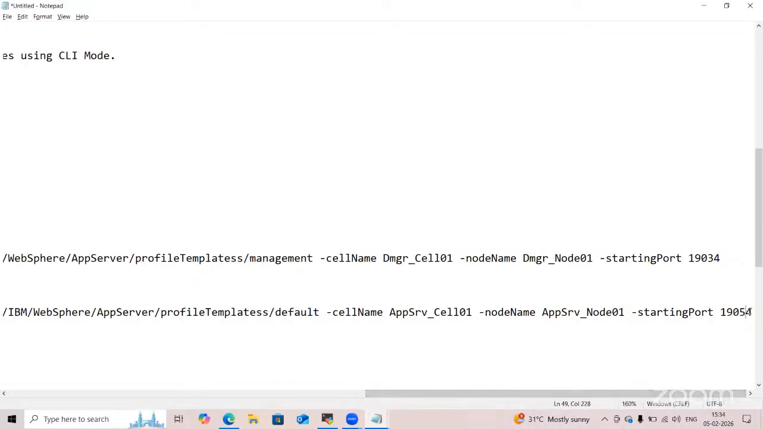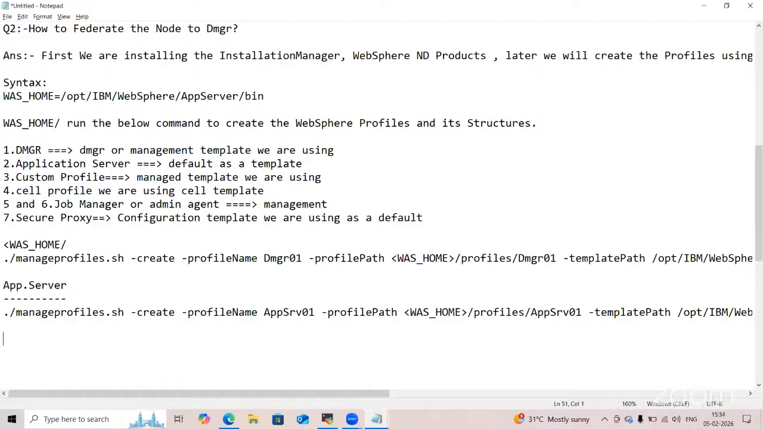Okay. This is the syntax for creation of the profiles. Later we will start the DMGR. This is using the ./manager.sh script in